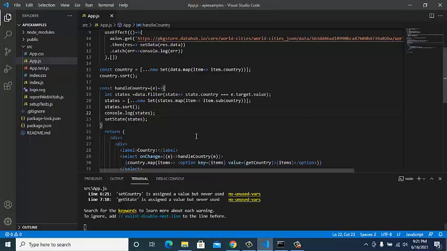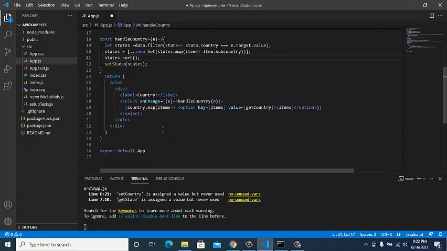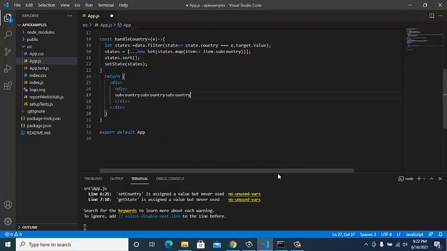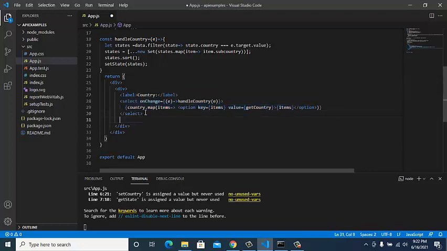Now, after showing the states, we have to get the cities. Firstly, we'll show the states in a select box. So we'll just copy this country select box and paste it.